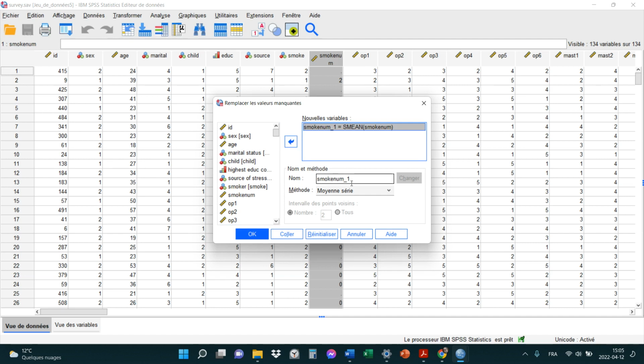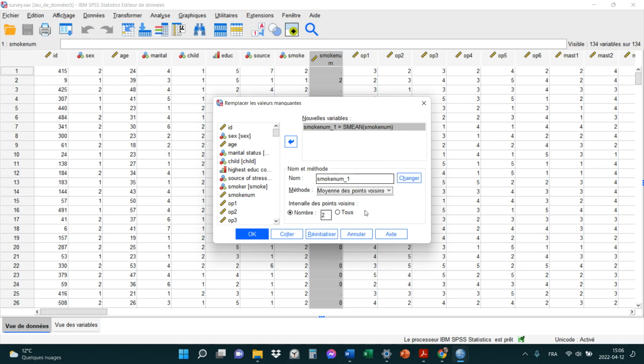Ça va créer une nouvelle variable qui va s'appeler S mean SmokeNum. Ce qui veut dire quoi? Que dans le fond, il va remplacer les données manquantes par la moyenne de cette variable-là. Il va prendre la moyenne des données de SmokeNum disponibles. Okay? Il va faire la moyenne, puis il va remplacer chacun des points manquants par la moyenne. À cause que la méthode que j'ai utilisée, c'est moyenne série. Mais il pourrait aussi